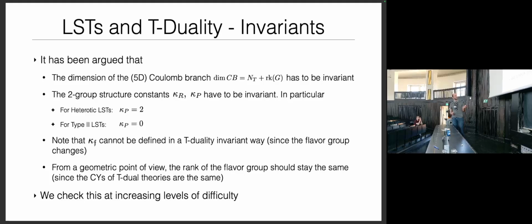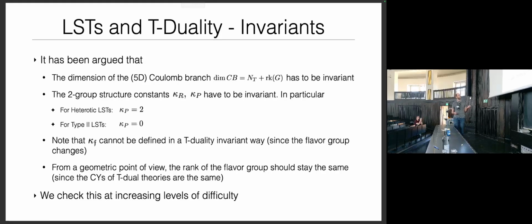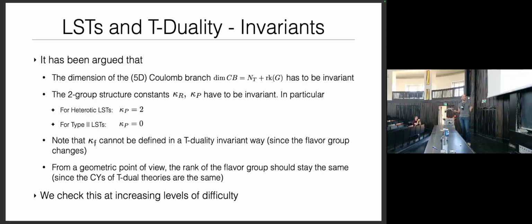Kappa F, the third one here, cannot by itself be an invariant because the flavor group is changing. But we argue that from a geometric point of view, while the different flavor groups can change, the rank has to stay the same. So you would expect that kappa F itself is not an invariant, but the rank of the gauge group is an invariant. And we now want to construct this landscape and check these